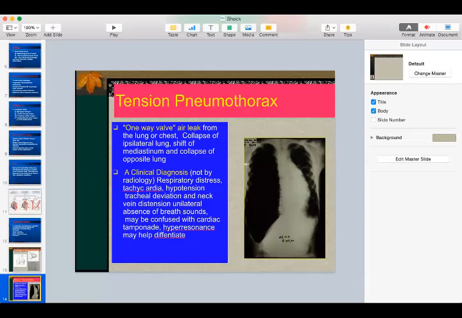And the way to treat a tension pneumothorax is to basically puncture a hole in it with either a needle or insert a drain, a chest tube, in order to allow the trapped air inside to escape and relieve the pressure on the collapsed lung. Eventually, it would also lead to relief of the cardiopulmonary compromise that is occurring because of the mediastinal shift. Okay. Moving on.